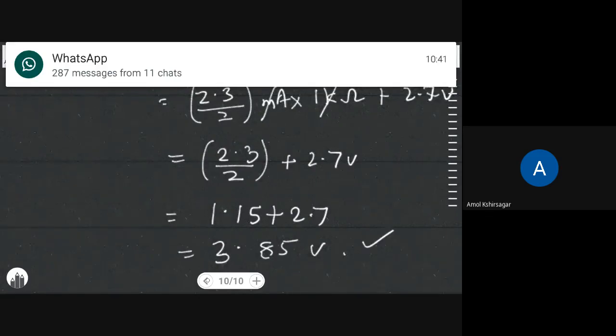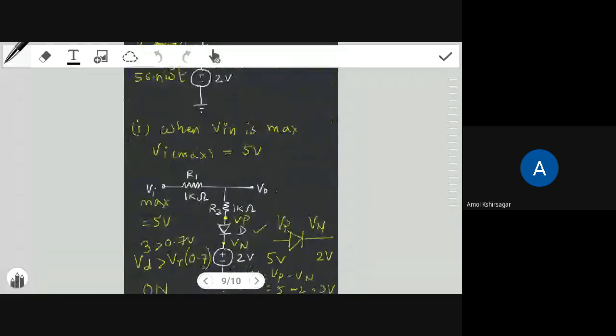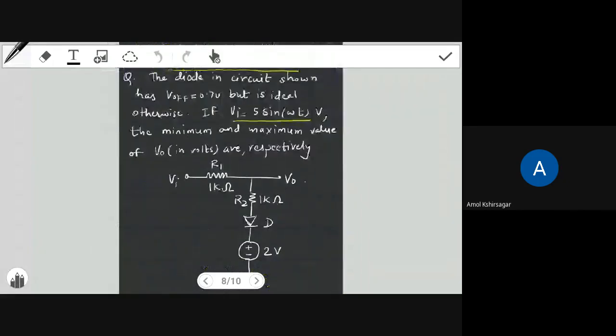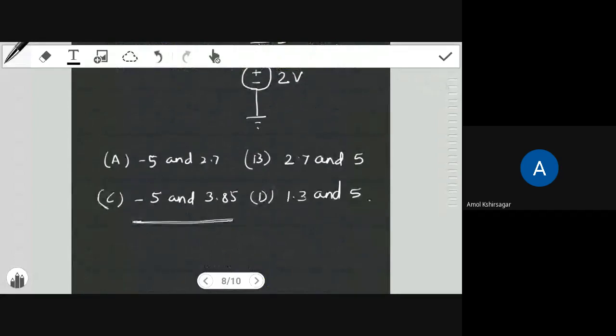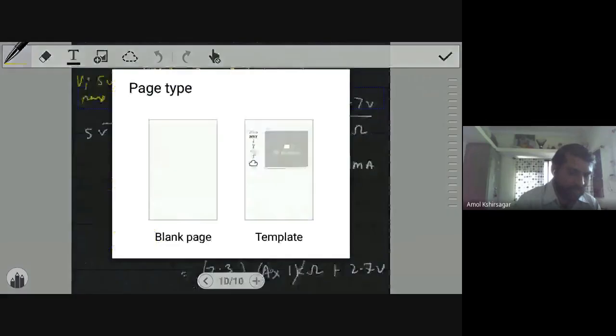Now if you go back and see the question that was given, if you find in the options, here you can find that it is given as 3.85 and no other option has another answer. So definitely the other part, this is the maximum part, the minimum part we should get as -5. So let us go and solve the other part of the problem. That is the next part.